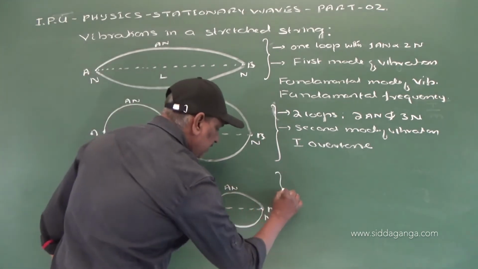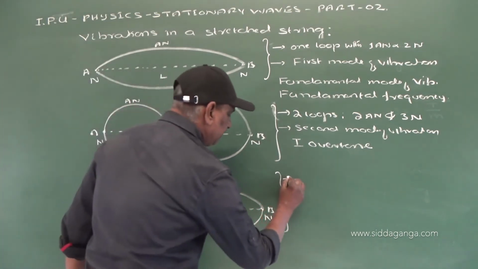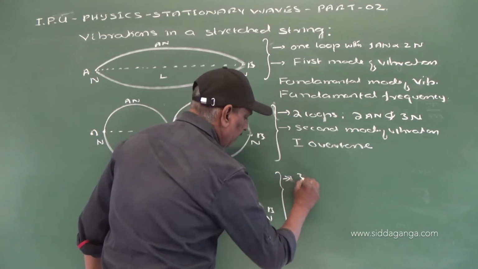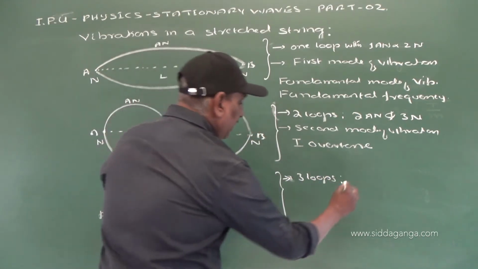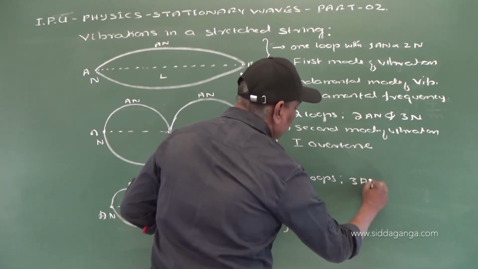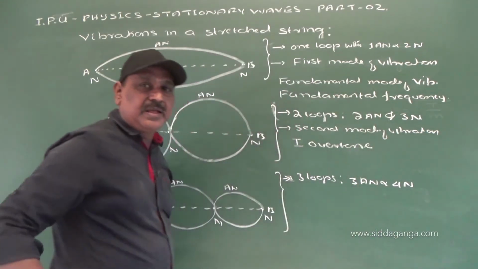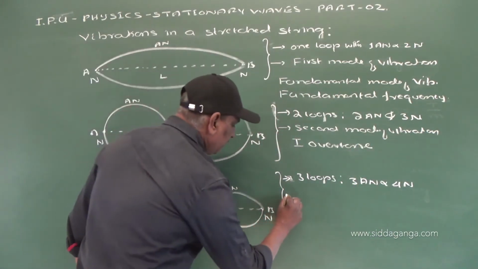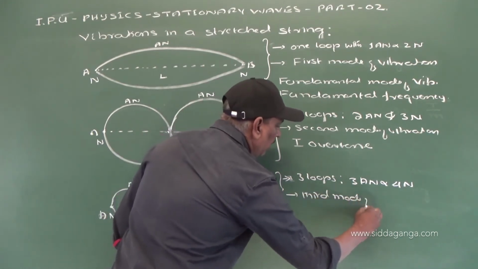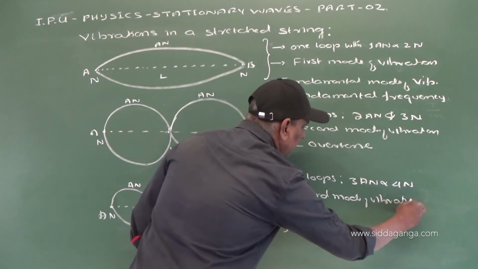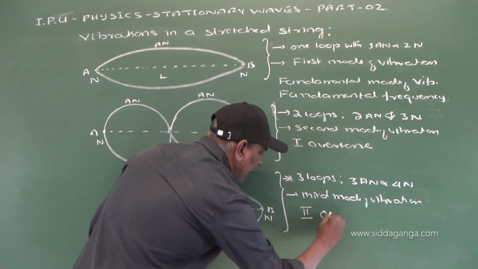Now in this mode of vibration we have 3 loops, 3 antinodes and 4 nodes. This is called third mode of vibration, and this is called second